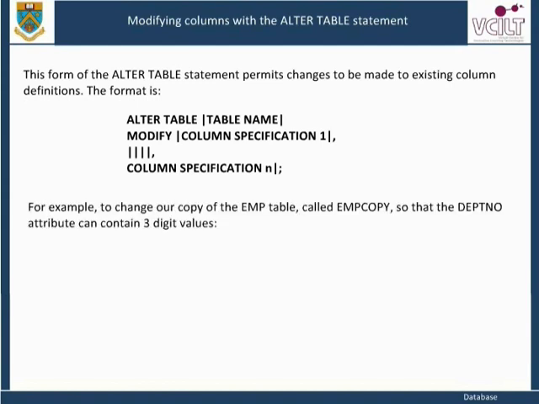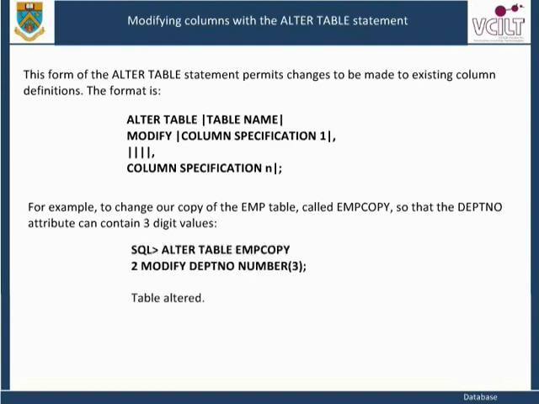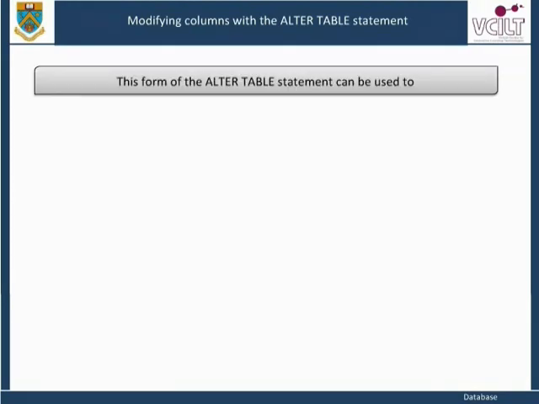For example, to change our copy of the employee table, called employee copy, so that the department number attribute can contain 3-digit values: SQL> alter table employee copy 2 modify department number 3; Table altered. This form of the alter table statement can be used to increase the length of an existing column,